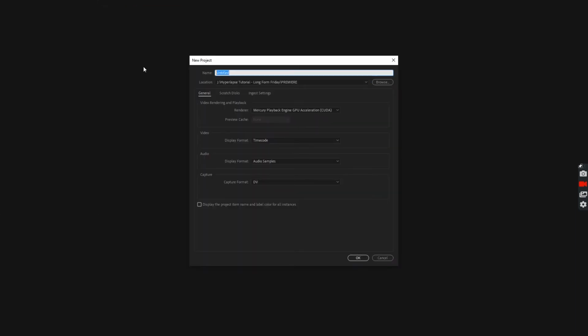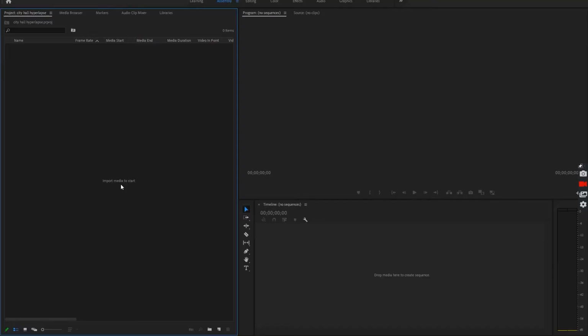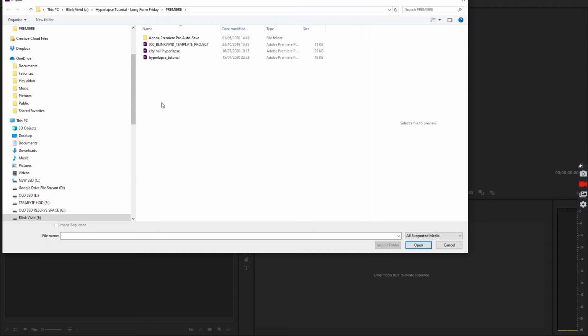So if we open up Premiere, we'll make a new project and we'll call this City Hall Hyperlapse. Right, so now what we want to do is import those images into Premiere Pro. Now what you can do is import every individual image, or you can import all of the images together as an image sequence. So to do that, we go right click, we hit import,